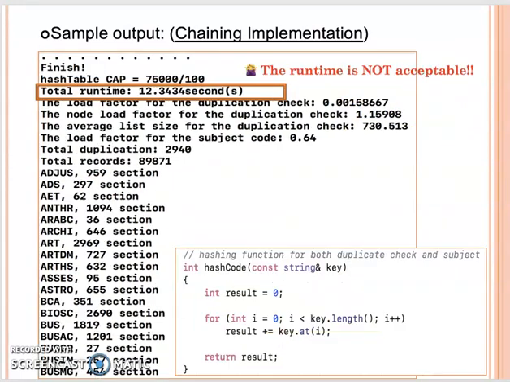So then chaining too. The chaining, even at 12 seconds, is not acceptable for your runtime. Okay, so make sure your runtime should